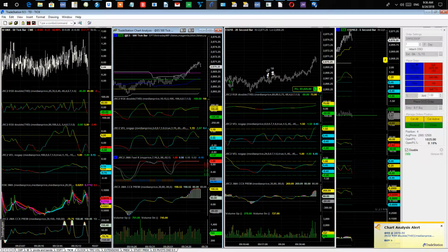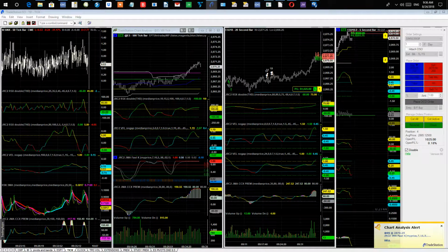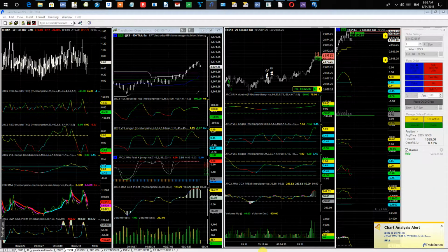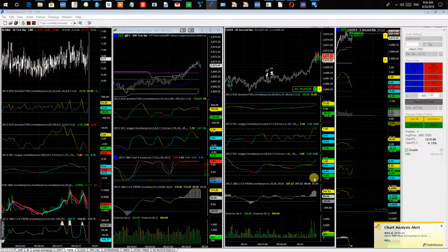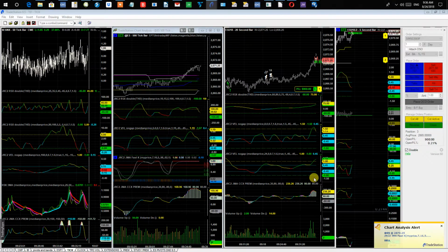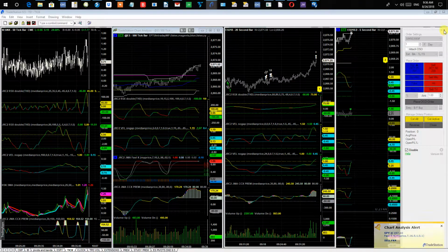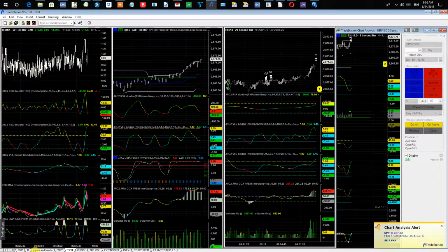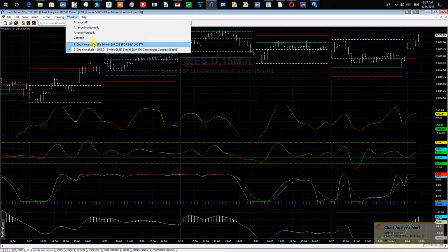Now we're going to set up for some profit taking right up here at the high. Nice profit going on right now. Okay, we are out of our position completely with a nice profit. And we made it all the way up to the IB. There's no indication on this chart that we are ready to short. And the only real way that we're going to know that is to come back, get down,